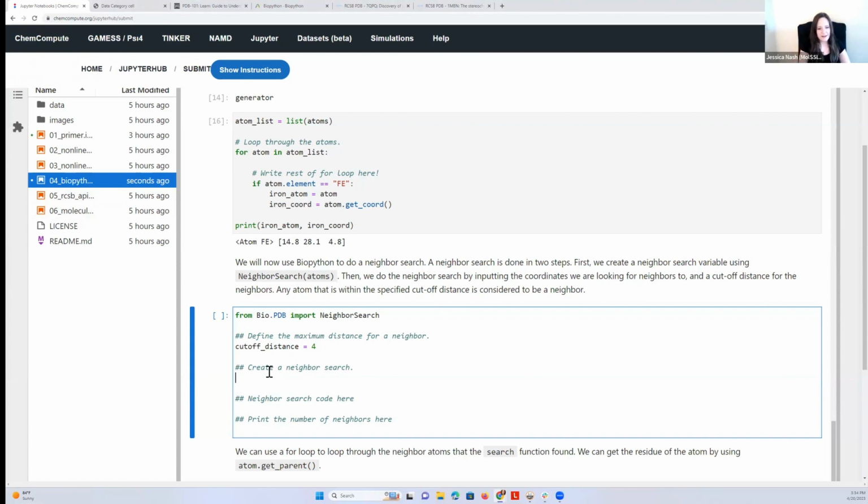Okay, so we defined that cutoff distance. We're going to set it equal to 4 angstroms. Next, you'll see I added an import here for a function in Biopython called neighbor search. That's going to let us search for neighbors for whatever atom we're interested in. So we now will create a variable called neighbor search, and we're going to set that equal to